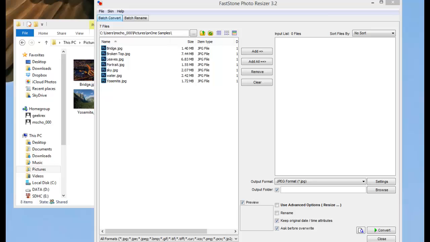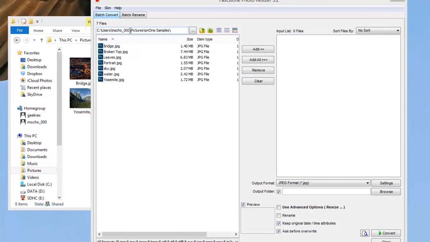Photo Resizer. First, you have to decide where you're going to get your pictures from. In this case, I've simply chosen a directory in my Pictures folder on my Windows system, and I'm going to